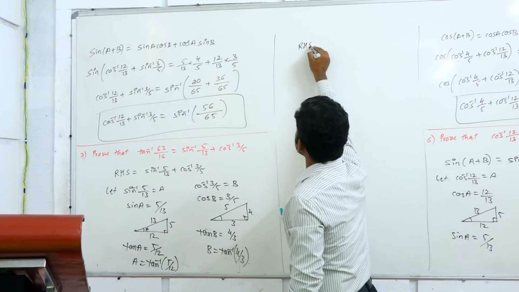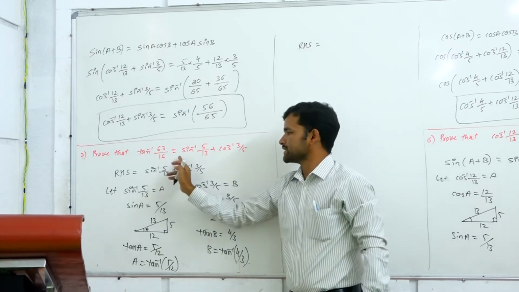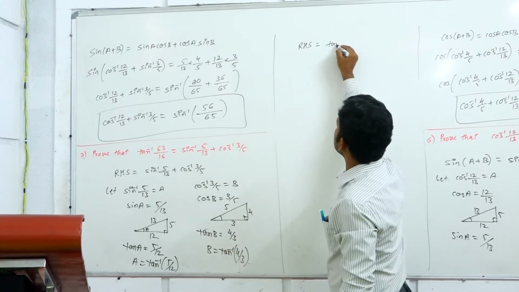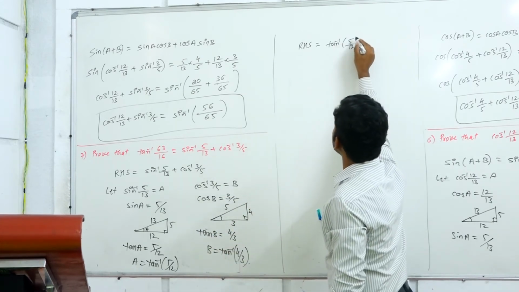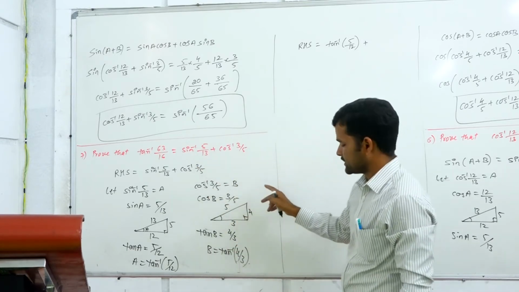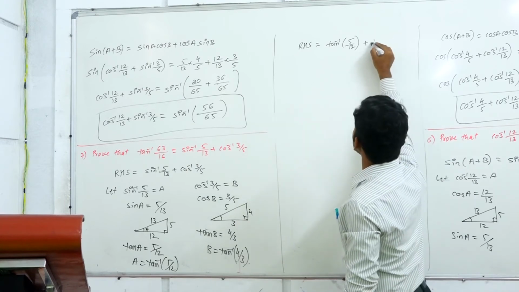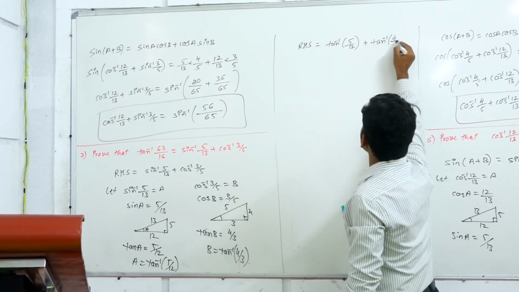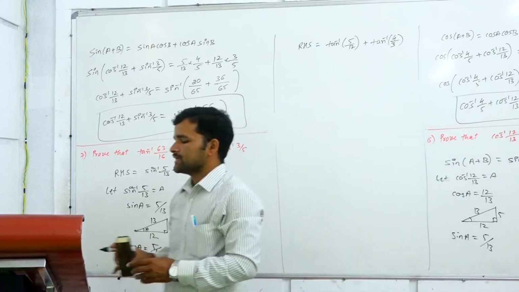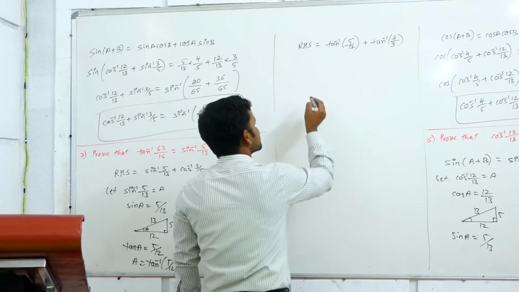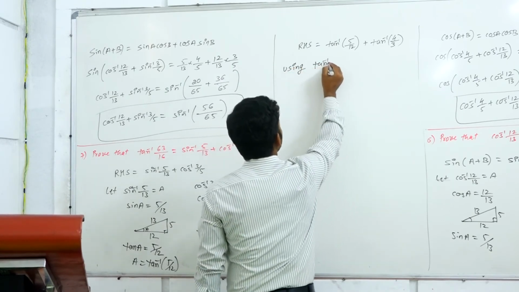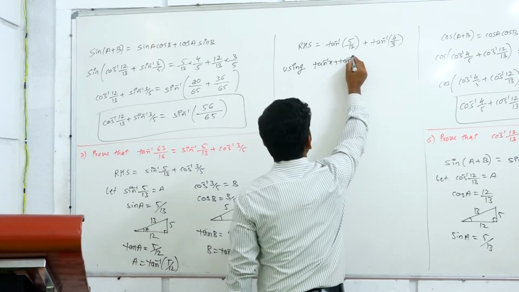RHS we are considering. RHS is equal to sine inverse of 5 by 13, which is nothing but tan inverse of 5 by 12, plus cos inverse of 3 by 5, which is nothing but tan inverse of 4 by 3. You see, it is like tan inverse of x plus tan inverse of y. Using the formula,